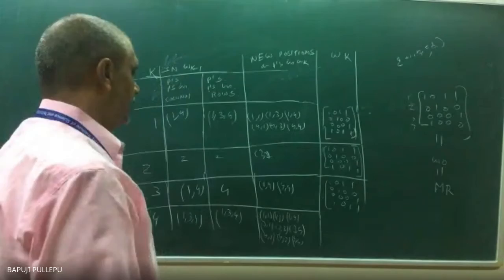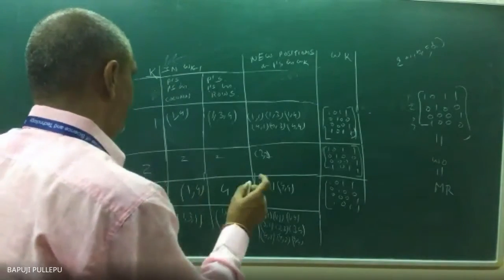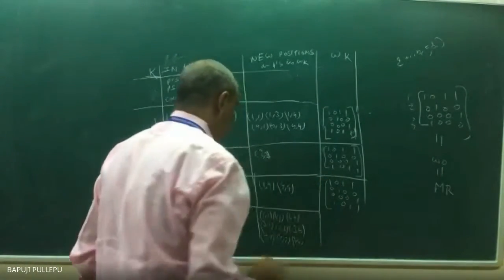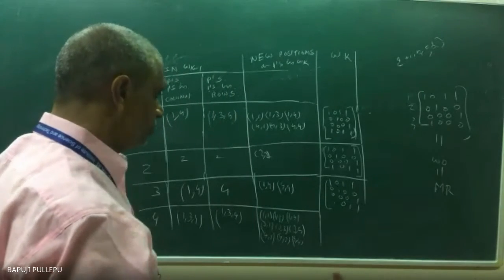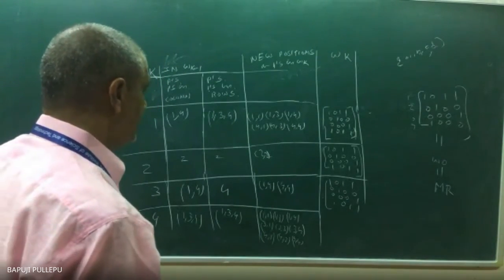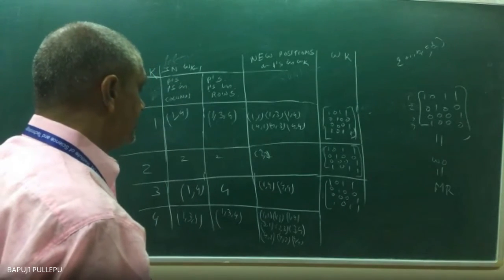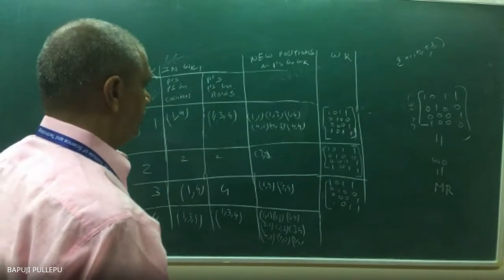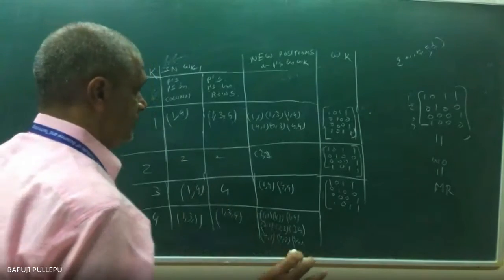Now already 1 1 is there, 1 3 is there, 1 4 is there. In the first row, no problem. Then with the 2, no relation, as T you can write. With 3 is there, yeah, 3 starting. 3 1 is there, 3 3 is there, 3 4 is there. So first row, second row, no change. Correct?